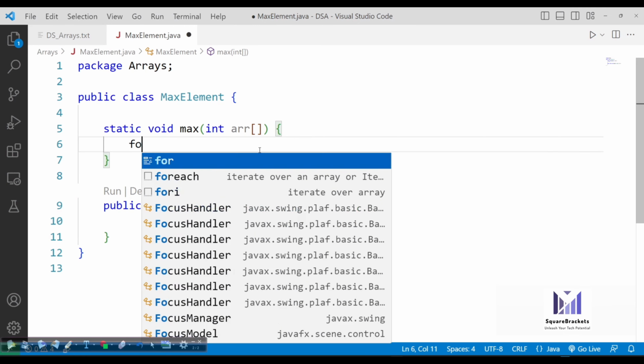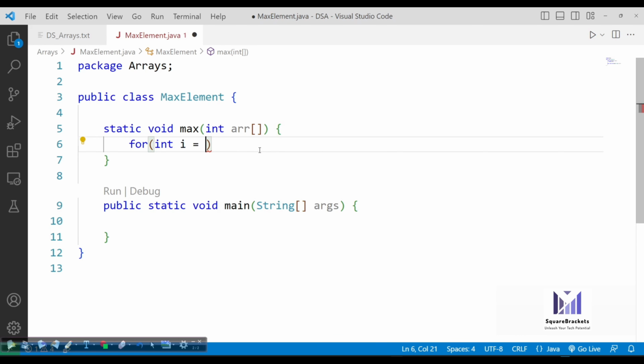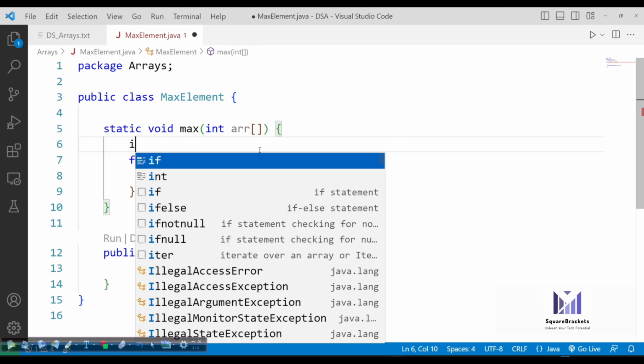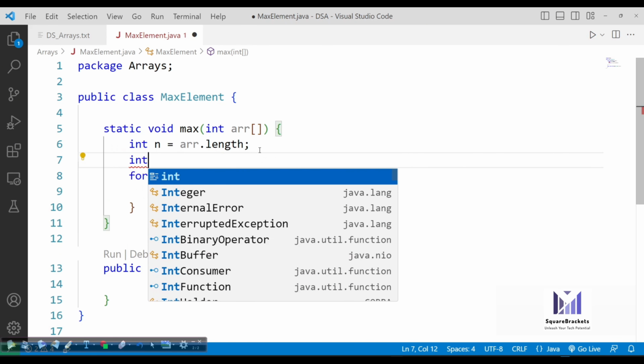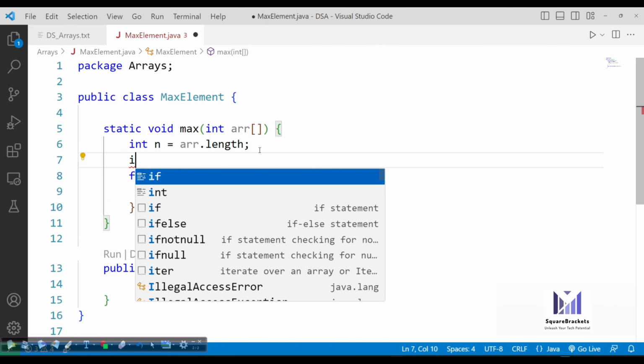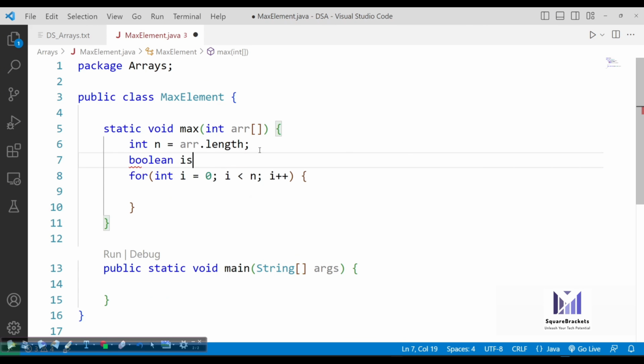So what we'll be doing is we will use a for loop, i equals 0, i less than n. Now what is n? n will be the length of your array, so you can take a variable array.length, and we need one more variable that will be a flag, isMax.